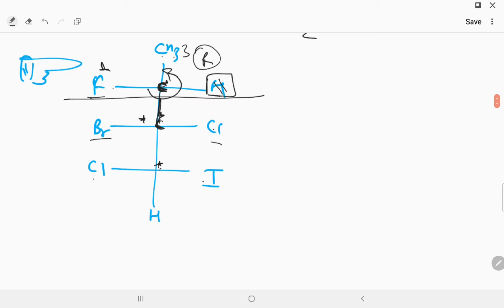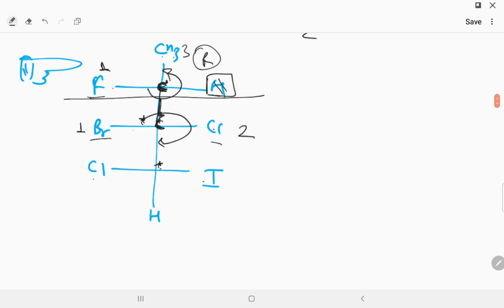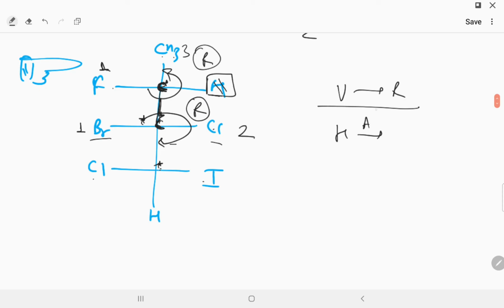Now we have to give the higher atomic number as number 1. Here we will give the higher atomic mass number 1, so 1 2 3, and this is a 3. Okay, this is 3, so 1 2 3 goes, and vertical, this vertical is the least priority group. We select the least priority group. So vertical is the least priority group, and vertical clockwise, vertical clock means R. Vertical clock means R, horizontal anti-clock is also R.